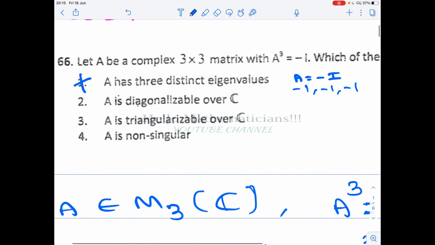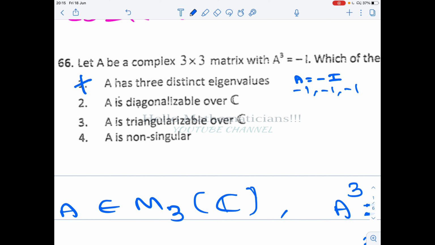Next we will show that A is diagonalizable over C. Okay, so again, solving one problem should not be about solving just that problem. Using that problem, you should be able to solve many such similar problems. Okay, so now I'm going to tell the proof of the fact that if a matrix satisfies this condition, then that matrix is diagonalizable over C. But from that proof, we can observe that